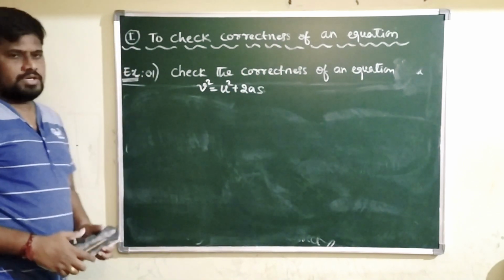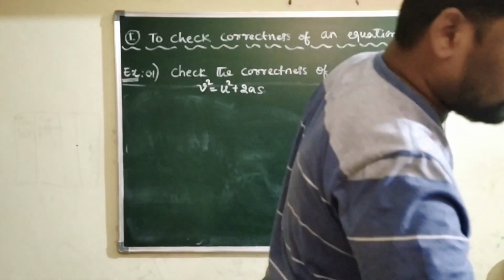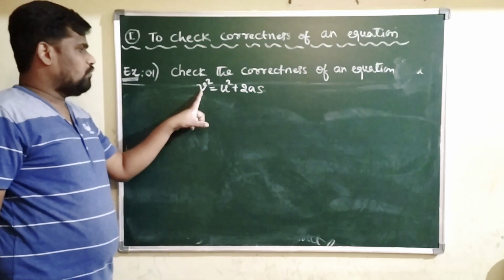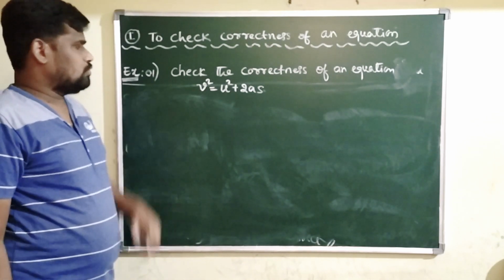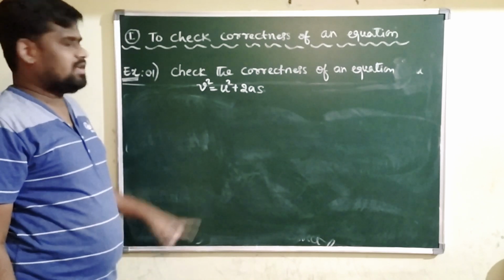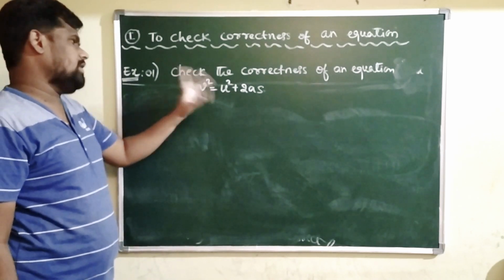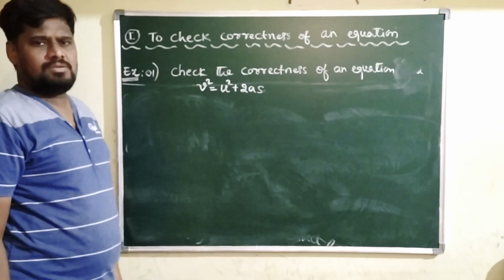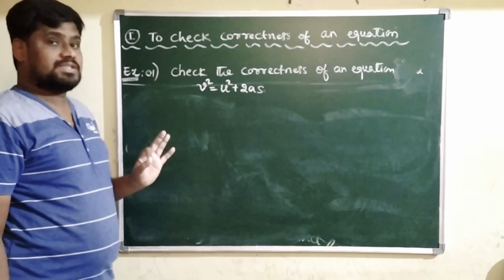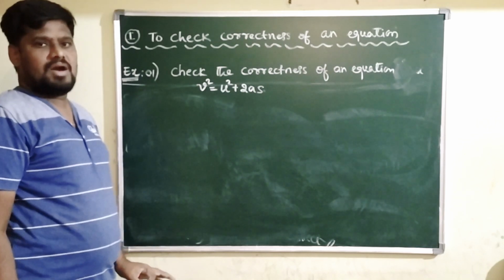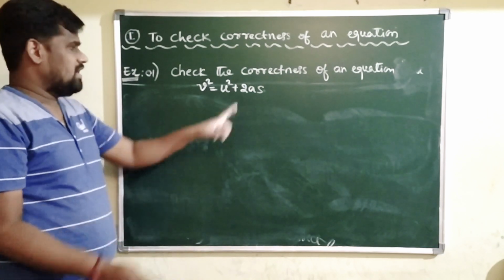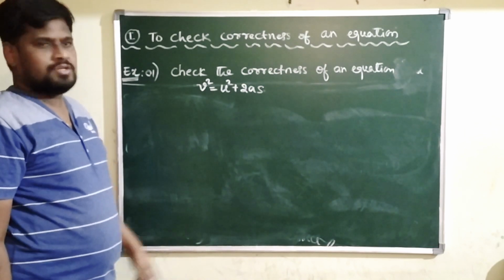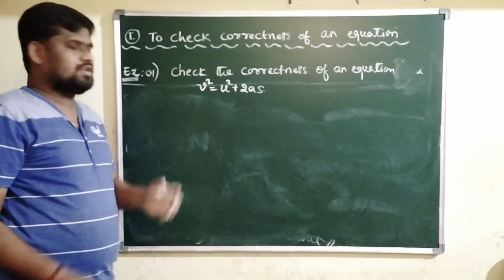The next equation given here is v square equals what? U square plus 2as. Once again, what is v here? Velocity. What is u? U is also velocity here. The difference is v is final velocity and u is initial velocity. 2 as it is. What is a? Acceleration. What is s here? S is called displacement, or else distance traveled by a body. S is a distance. A is acceleration. U is velocity. V is also velocity.